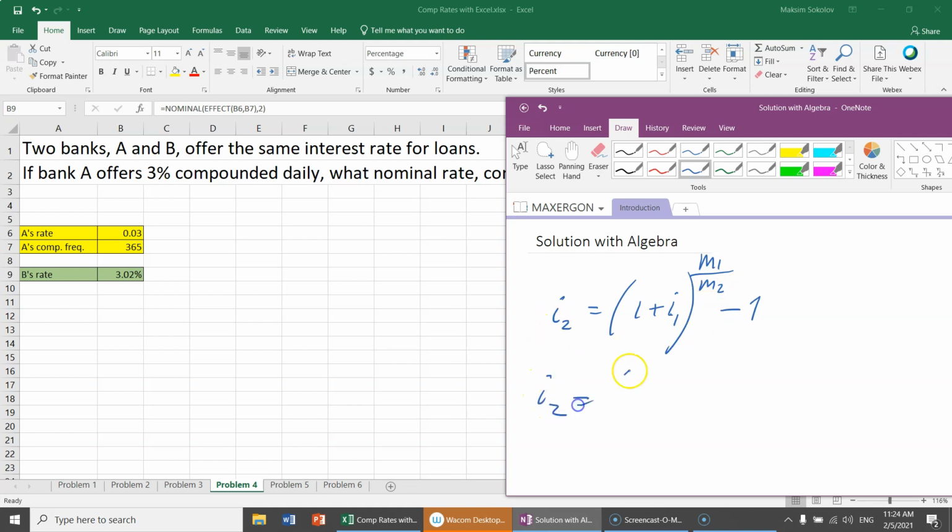So I2 is 1 plus I1, which is in this case 0.03 divided by 365. 365 is the number of times that the known rate is compounded, divided by the number of times we are looking to compound the rate I2, minus 1,